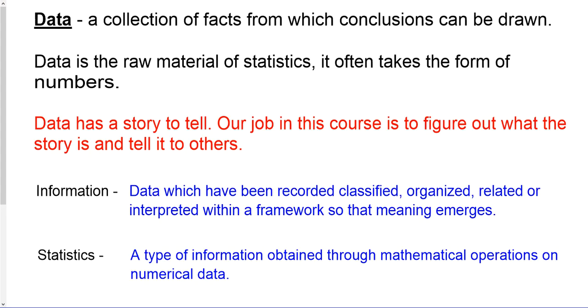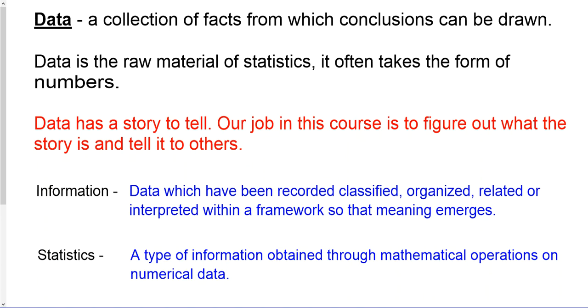So, what is data? It's hard to define exactly what data is. We could call it a collection of facts from which conclusions can be drawn. It can be measurements, it can be counts, it can be descriptions. It's all kind of this big nebulous thing, but we're going to be concerned a lot with data which can be expressed in terms of numbers, because data in this case is what we might call the raw material of statistics. Statistics, you can see down at the bottom, is a type of information obtained through mathematical operations on numerical